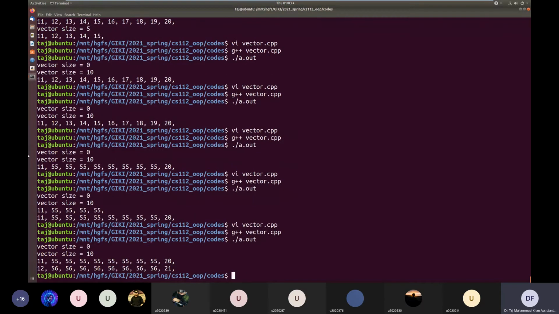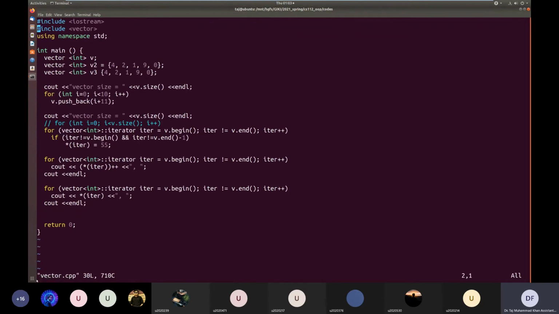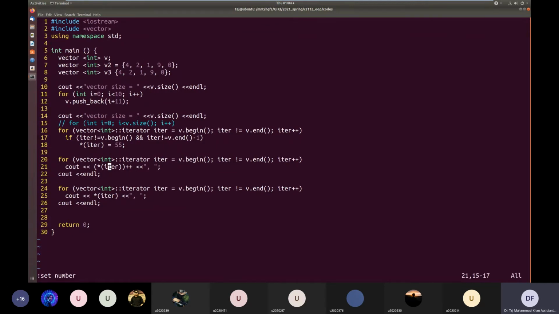So you see, I accidentally changed my value, and this kind of bug can happen. To prevent these kinds of bugs, I'm sure that in this loop, line number 21, I am not going to modify this value. So from the start, I should have used const iterators. This way, since I'm trying to modify something referred to by a const iterator, it will give me an error.